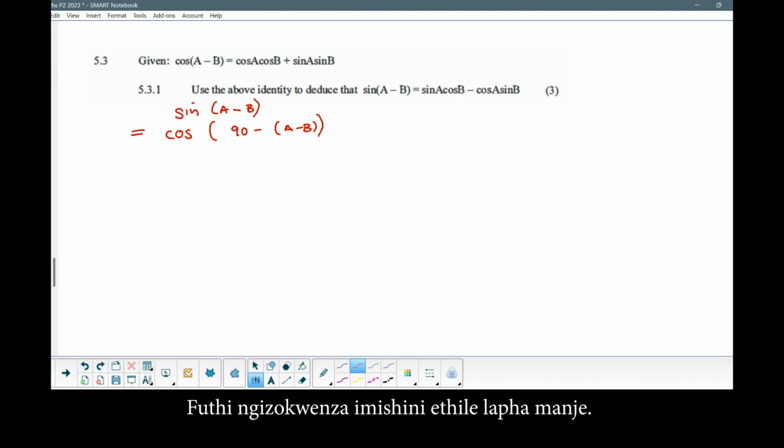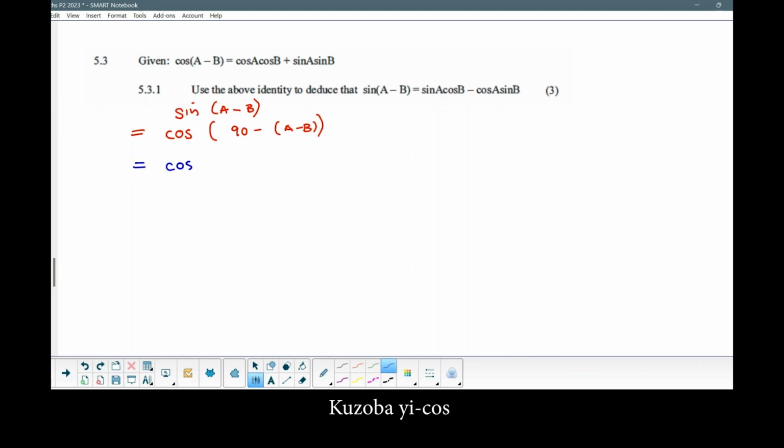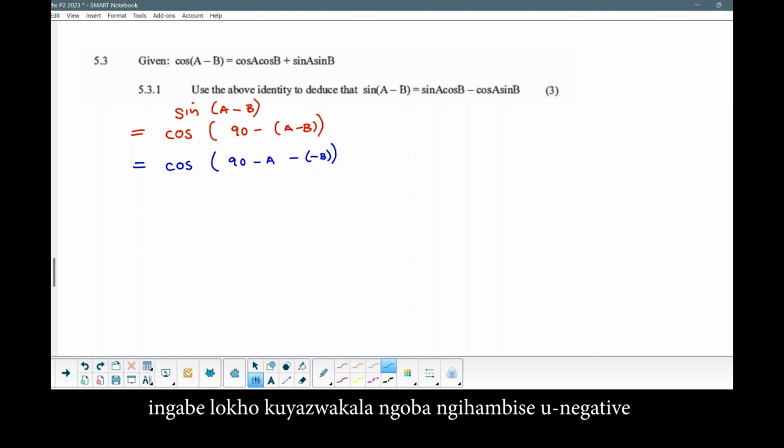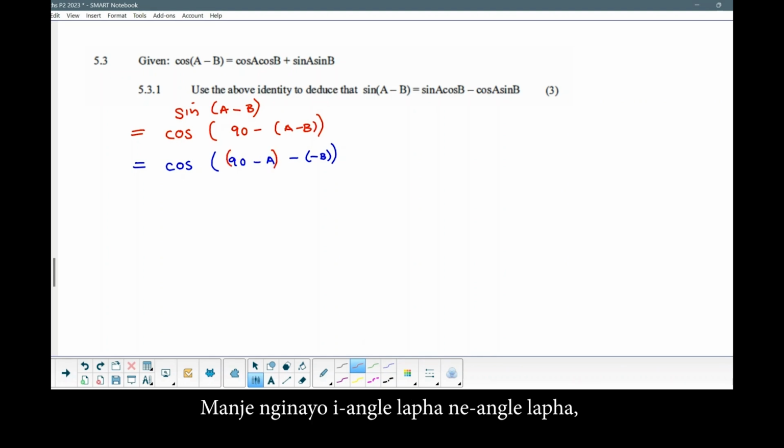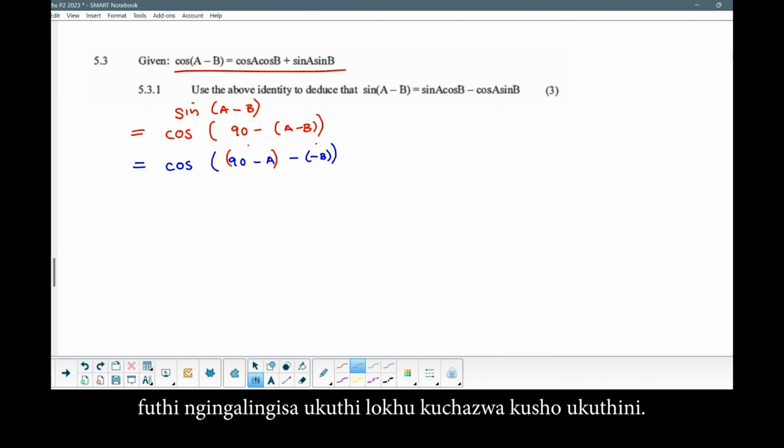All right, and I'm going to do some manipulation here now. Essentially, I'm going to subtract each of these angles here. So watch this. It'll be cos of 90 minus A minus negative B. Does that make sense? Because I've distributed the -1 into that bracket. In doing that, that allows me to put these two together. Now I have an angle here and an angle there, and I can mimic what this expression is telling me